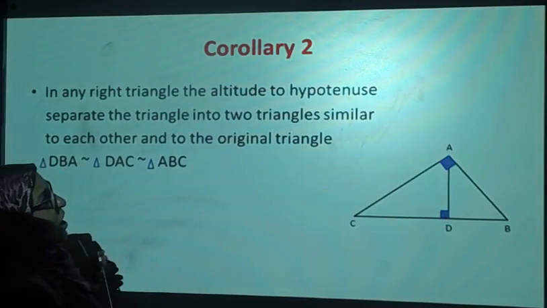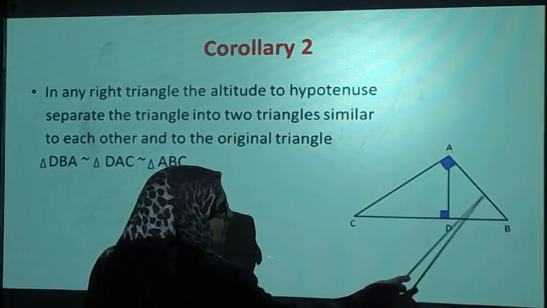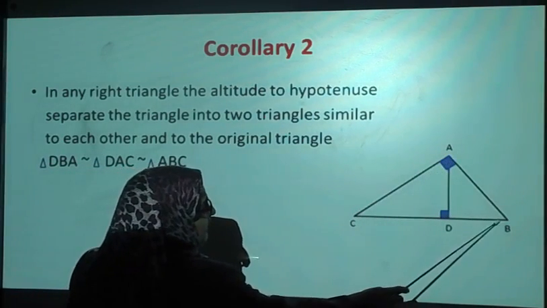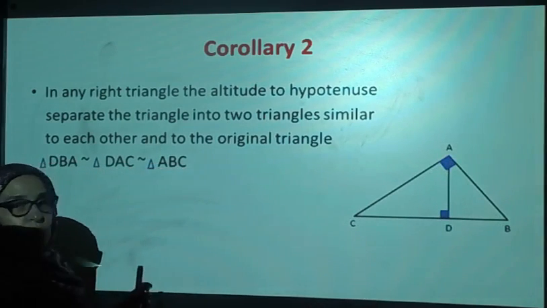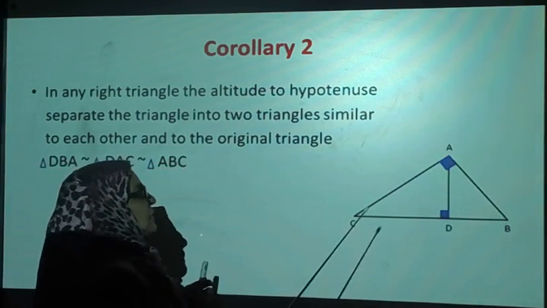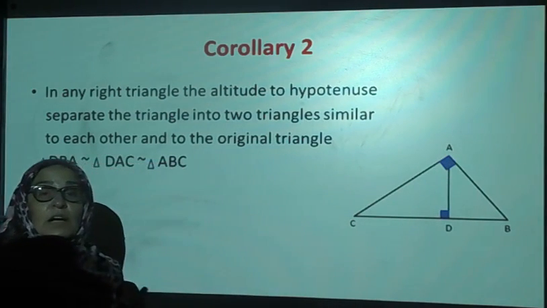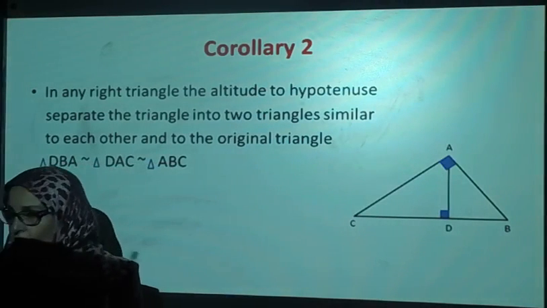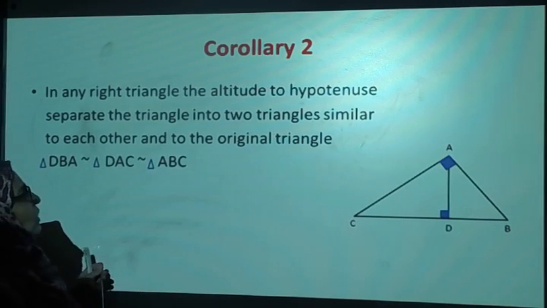separates our triangle into two triangles. Yes, these are two triangles, ABD and ADC. Now these two triangles are similar to each other and they are similar to the original triangle. Therefore, I'm going to have three similar triangles here, which is